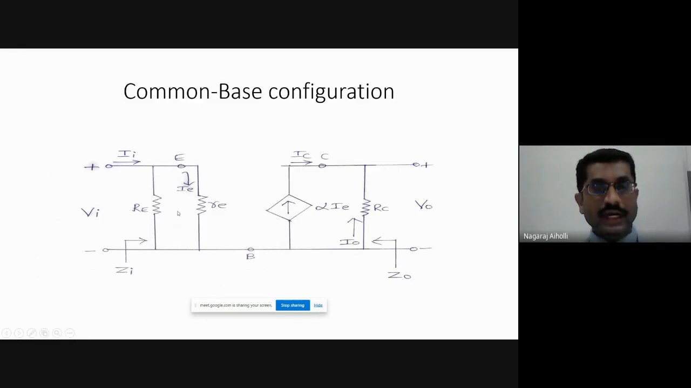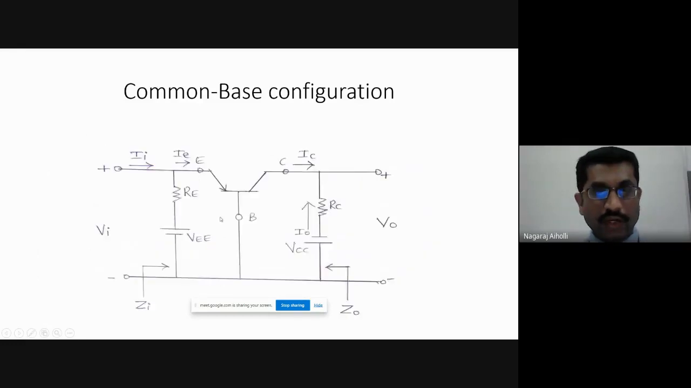Right? This is the re model of the common base configuration. This is how it has to be drawn considering the main circuit. How are we drawing the re model? Starting from the main circuit, we make the DC voltages 0. Whichever are the DC voltages, they are made 0, right? Then